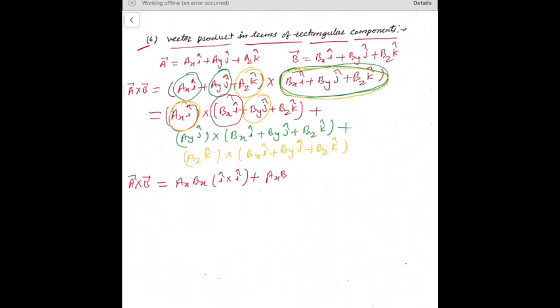So ax by I cap cross j cap. Next, ax I cap cross bz k cap, plus ax bz I cap cross k cap, plus